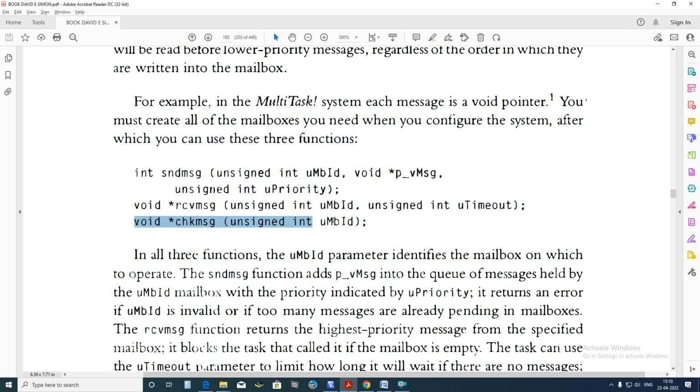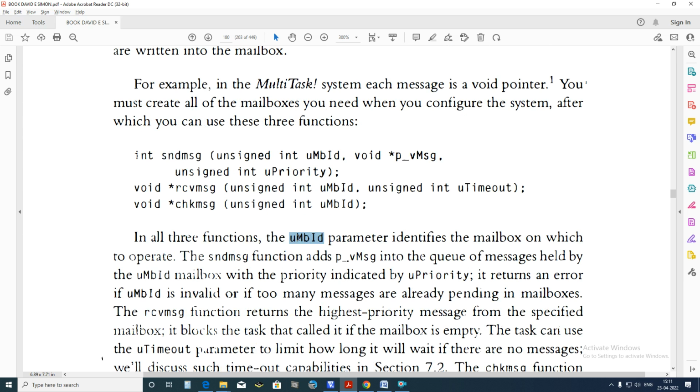This is the syntax. A device which needs to receive from a mailbox uses this syntax. So receive message takes an unsigned integer message, the mailbox ID, and it can wait for some time until the timeout period. And check message means it can check whether there is a message from the corresponding mailbox ID. That's the thing. So in all three functions, the mailbox ID parameter identifies the mailbox on which to